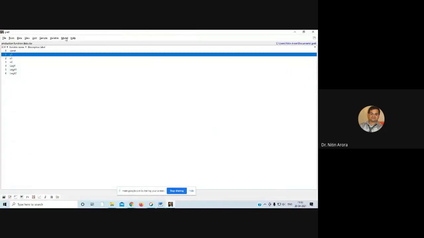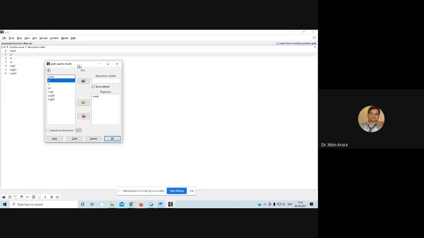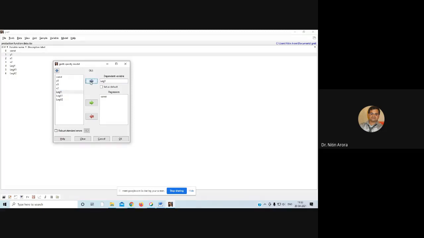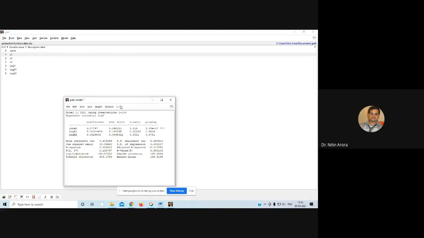So let us first of all estimate the Cobb-Douglas parameters by ordinary least squares. What will we be doing? Log y is the dependent variable, with log x1 and log x2. x1 is obviously our labor, x2 is the capital. Click OK. You can see this is the labor elasticity, 0.003, which represents that as labor rises 1 percent, output rises by 0.003%. This is statistically insignificant, obviously.